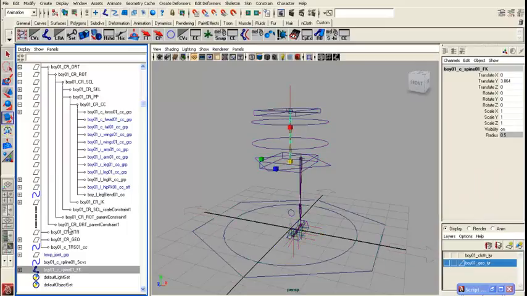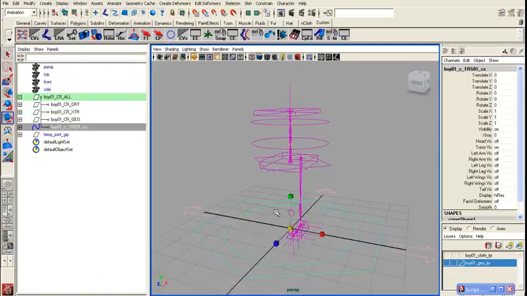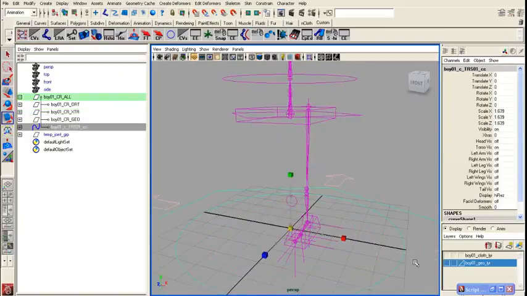Select spline FK and let's parent it to the skeleton group. Okay, parent it. And the last one left is extra. Let's parent the spline curve to the extra group. Okay, now what we're going to do is create